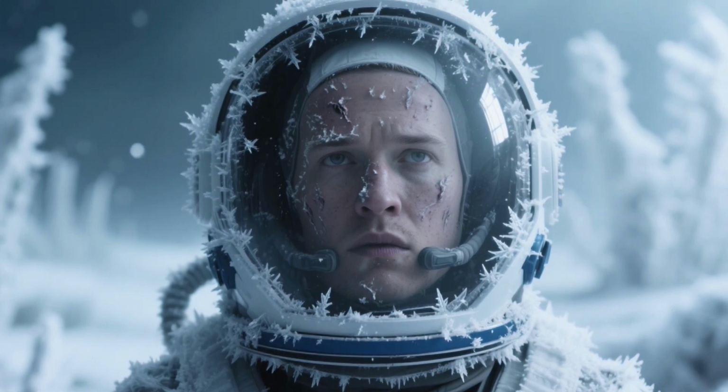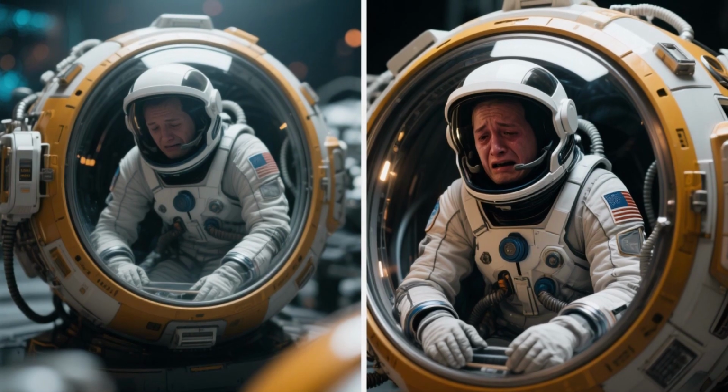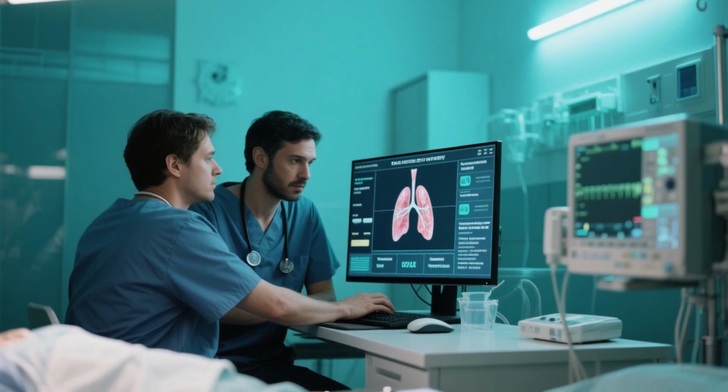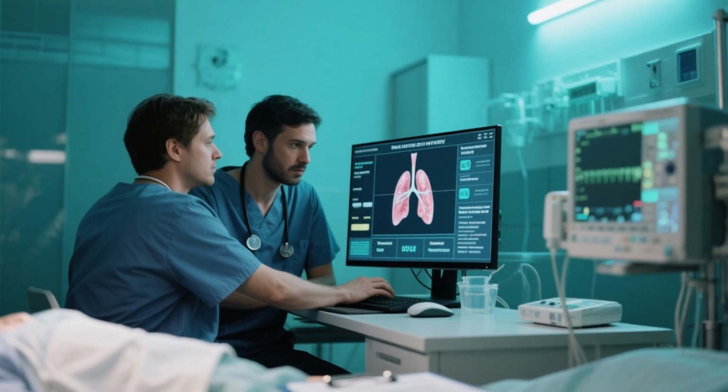Now the astronaut is dead. Or are they? Nope, not quite. This astronaut is actually alive and well, just very uncomfortable. After 8 hours of corrective surgery, doctors were able to recompress the astronaut's lungs, which had expanded but not exploded